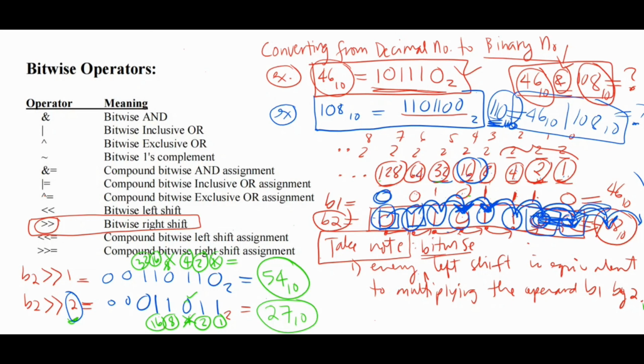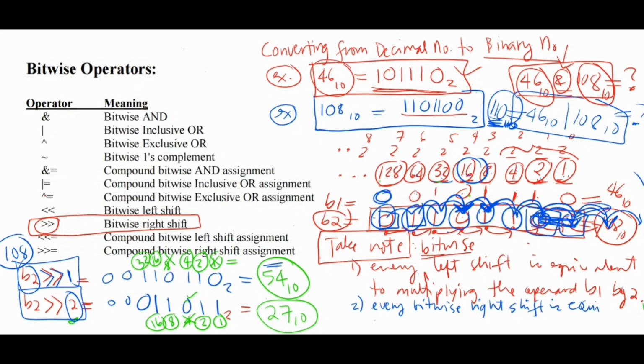So what have you noticed with the values for these two expressions? Notice that B2 is 108. B2 is equal to 108. When you perform right shift once and the result is 54, take note that you are like dividing the operand B2 by 2. Okay, so take note that every bitwise right shift